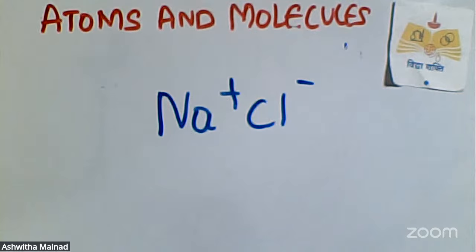Great. Now, let us move forward in understanding how to write a chemical formula. Do you all know how to write a chemical formula, children? Or do you know how to write and balance a chemical equation? So what is a chemical formula? The chemical formula of a compound is a symbolic representation of its composition.